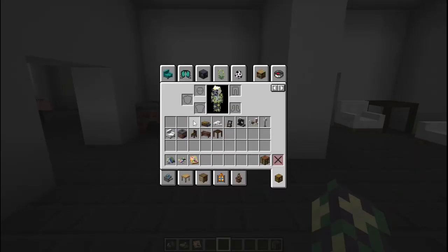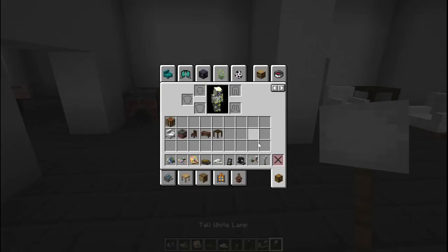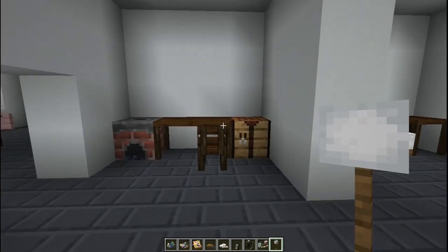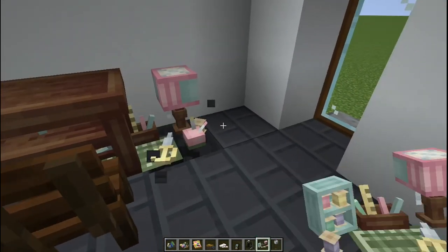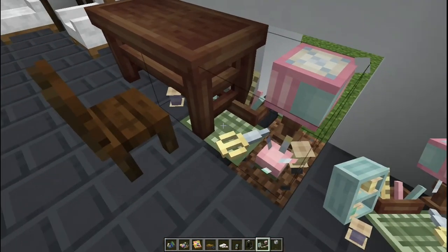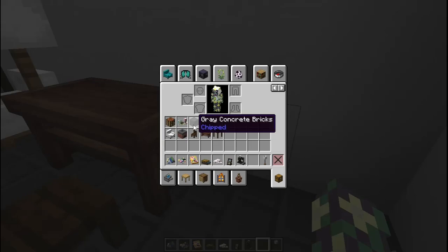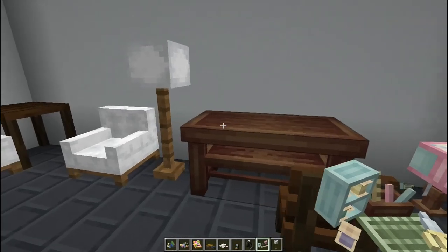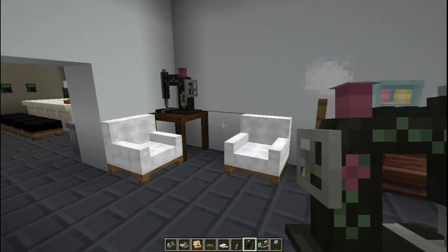Here's a bunch of stuff to use. A bunch of craft things. Let's put another lamp here. Okay. So we have, oh my goodness. Sewing clutter, which we can put here. We also have a sewing machine,